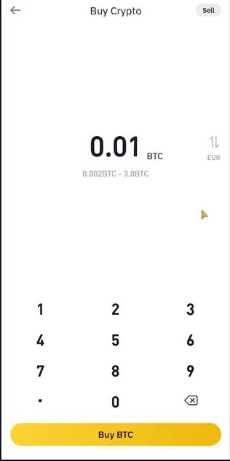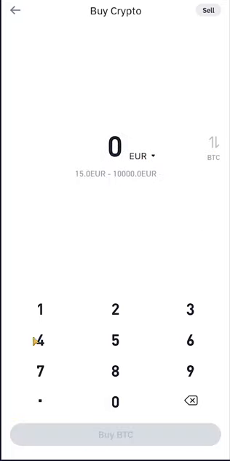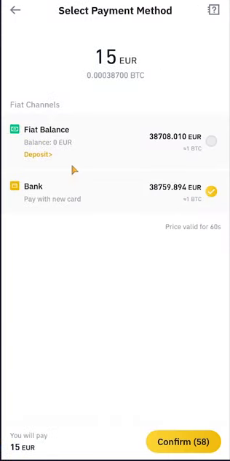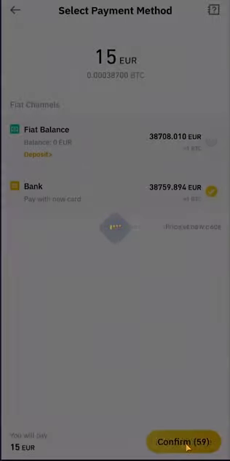You can choose to either buy with the fiat balance or with a card. Fiat balance represents the funds you deposit from your bank account. For the card transaction, it says bank because you pay directly from your bank with a bank card. The prices are a bit different because of the different fee structure. Anywhere you buy crypto with a card, you'll pay more in fees. The price is available for 60 seconds, so be sure you refresh and agree with the new price before you can continue with the purchase.